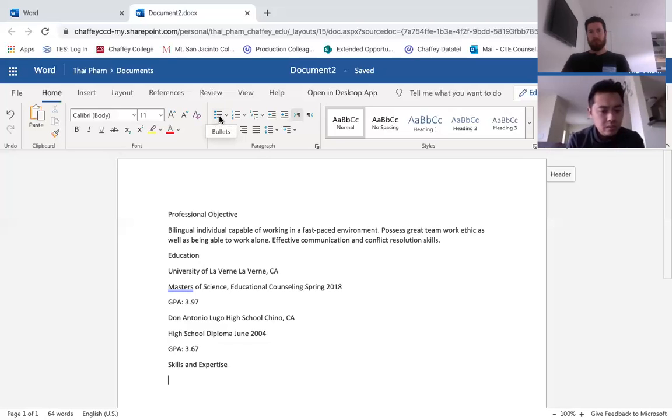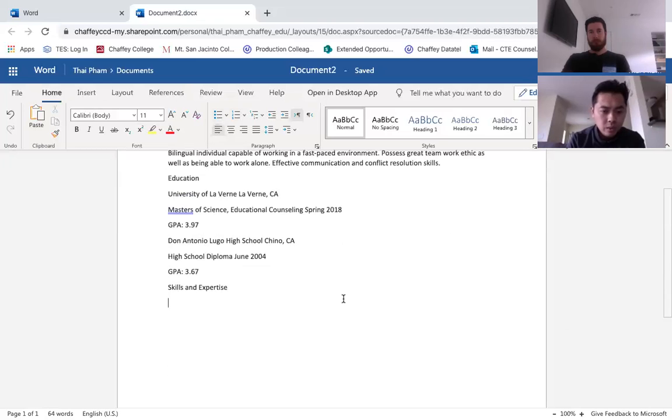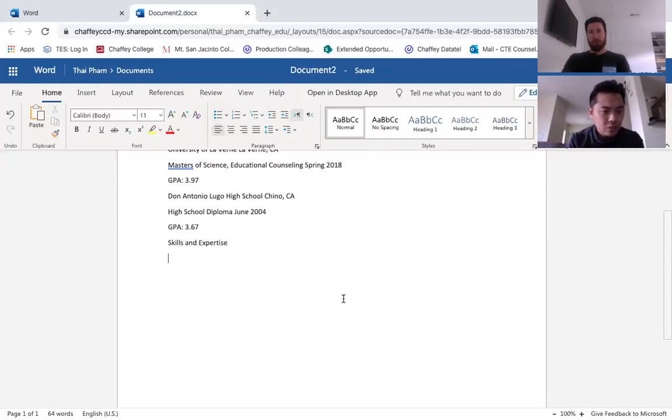With this skills and expertise portion, you want to have, I would say, maybe 8 to 12 bullet points of things that you are knowledgeable in that can also benefit the employer. So again, for myself, I'm going to apply to In and Out. So I need to have 8 to 12 skills that can be beneficial to In and Out at this time. So I labeled it there.